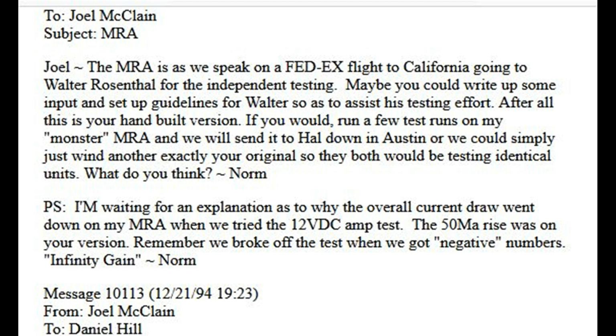The 50 milliamps rise was on your version. Remember, we broke off the test when we got negative numbers. Infinity gain, Norm. Message 10113, December 21,